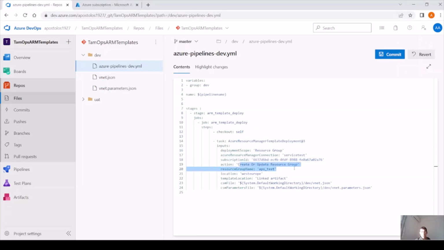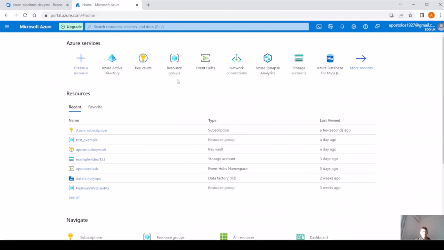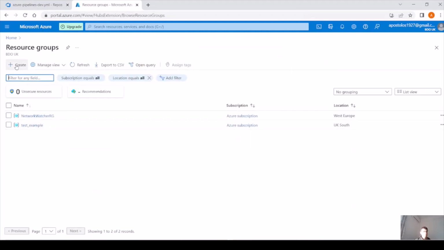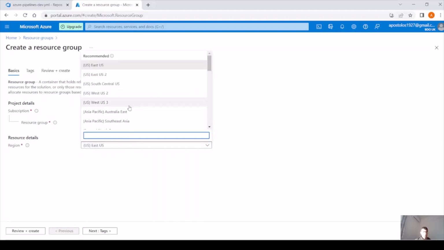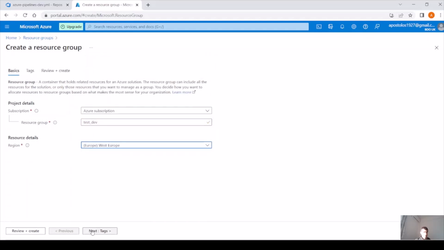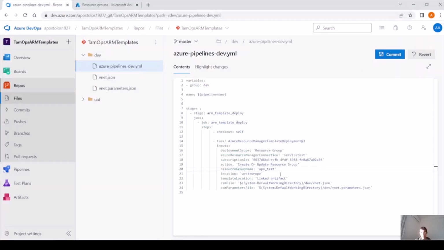And then we have action, create or update resource group. Resource group name, let's create a new one, different from my previous one. We go into resource group, create, let's call it test dev, West Europe. That's fine, we don't need the tags, and create, and we are going to paste that here, West Europe, and